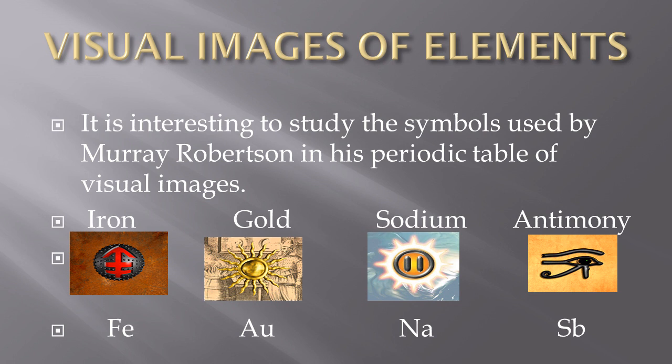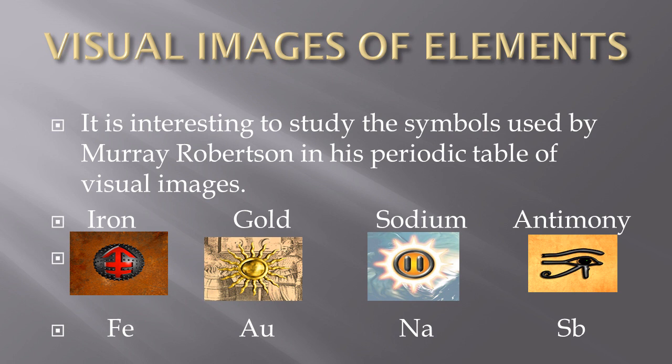Next one is antimony. This is the eye of the Egyptian god Horus for health and protection. Egyptians used antimony sulfide as mascara, that is the present day eyeliner. That is why you find a beautiful eye as a